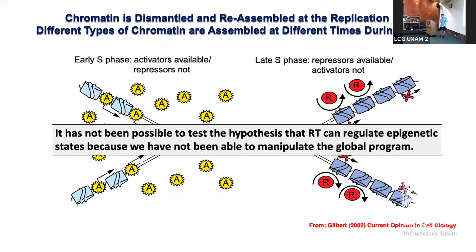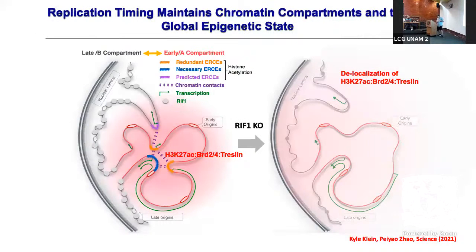Until we came across a protein called RIF1. And you can ask me about how we got to the RIF1, et cetera. But all I'm going to tell you today, and this was published last year as well, is that RIF1 coats the late replicating compartment of the genome. And when we knock it out, we get, in some cases, what looks like a complete disruption of replication timing. We get a delocalization of histone post-translational modifications, and we get a disruption of the 3D organization of chromatin.